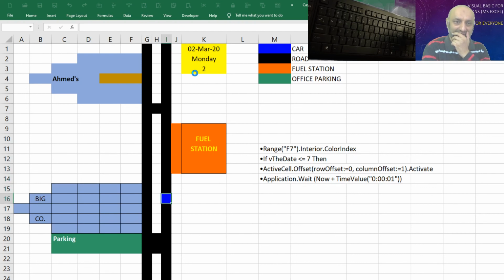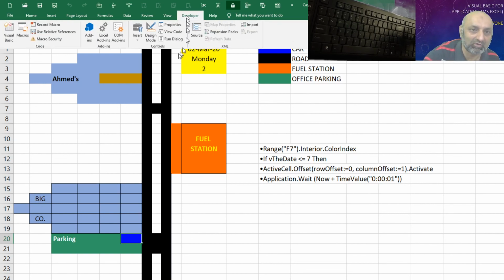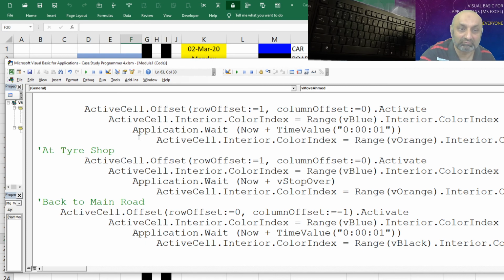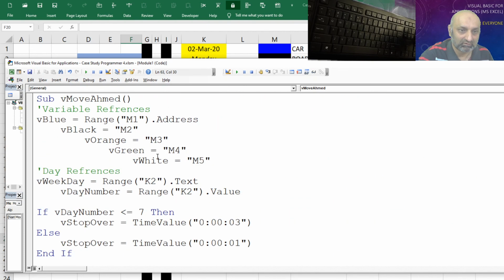Wait, it isn't waited. Why? Let's go and see our code, what mistake we have done, because macro will do exactly what we ask it to do. If day number is less than or equal to 7, then time value 0.3.